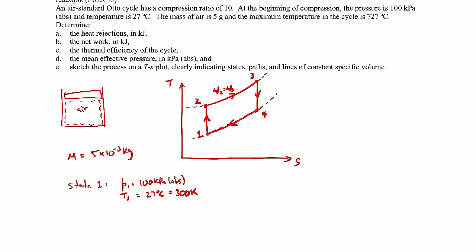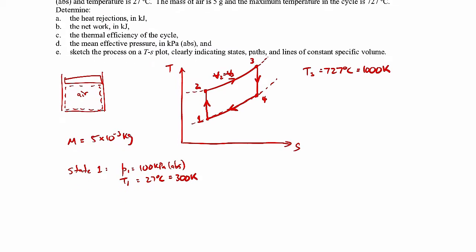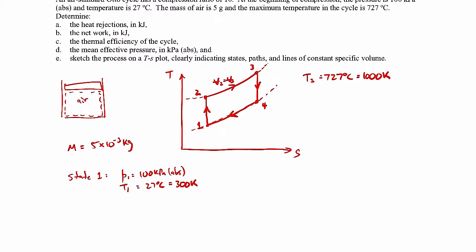And so you can see very quickly that T3 is our highest temperature. T3 is, we're told, 727 degrees Celsius, which comes out to be 1000 Kelvin. So that's our highest temperature in the cycle. All right, so let's try to figure out the properties at our various states. So at state 2,